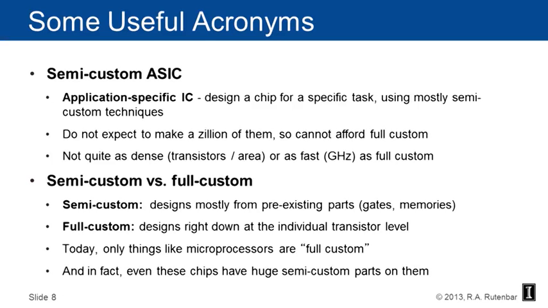Here's a couple of useful acronyms that you're going to see and some terms. Semi-custom ASIC. I mentioned this on the previous slide. An application-specific integrated circuit is an ASIC. That's when you design a chip for a specific task using mostly semi-custom techniques. So if you're designing a processor, that's not an ASIC. But if you're designing something that does video playback, or something with particular sound, or something with cryptography, those are ASICs. You don't really expect to make zillions of them, so you cannot afford to do the opposite of semi-custom